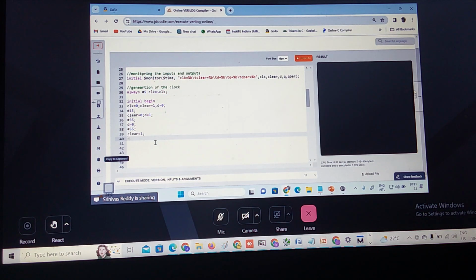Then I end this one. So this initial block I am taking for initialization of the clock, initialization of the clear, and initialization of the D value. Are you understanding? Now in one more initial block,